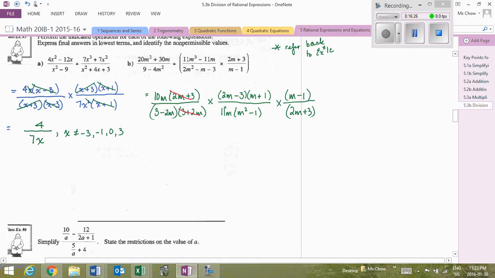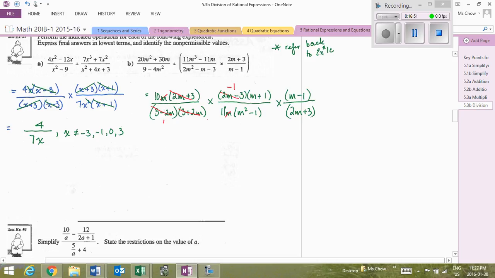And then we've also got 2m minus 3. That is exactly opposite to 3 minus 2m, because a 3 is positive, 2m is negative; 2m positive, 3 is negative. So this is 1 and this is negative 1. And then in this particular case, we've got m and m. 10 and 11, of course, don't